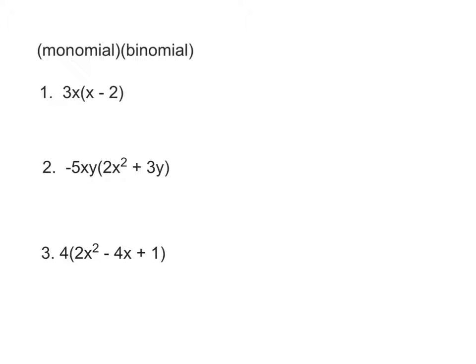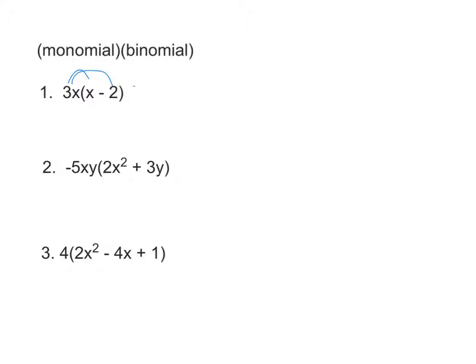This is a monomial multiplied by a binomial. So one term multiplied by 2 terms. And when you have that, you have to use something called the distributive property. Have you heard of that before? You have to distribute the monomial through the binomial, which means we're going to go 3x times x and 3x